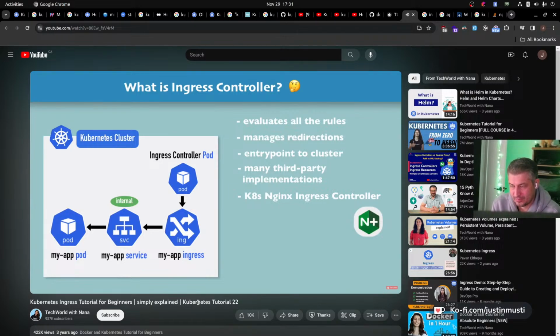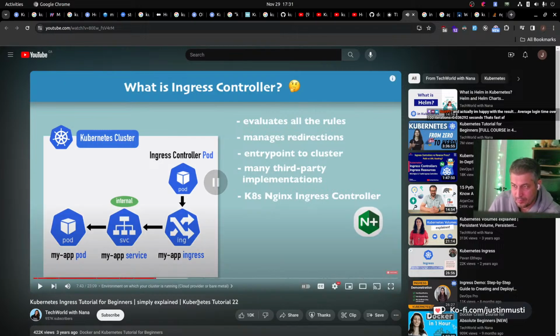So now that I've shown you how ingress can be used in a Kubernetes cluster, there is one thing that I think is important to understand in terms of setting up the whole cluster